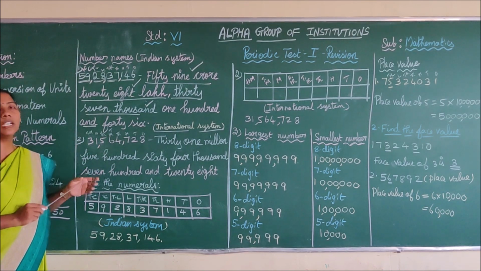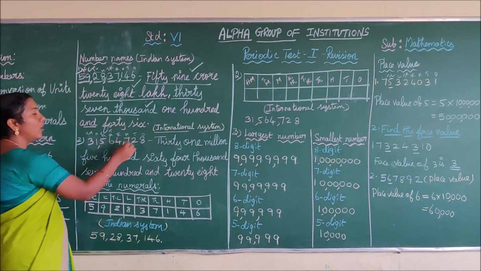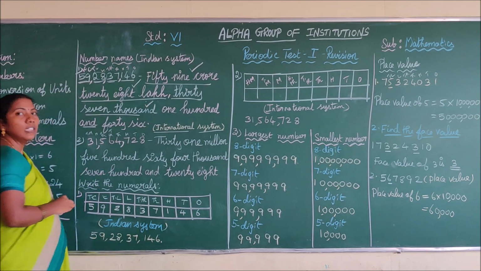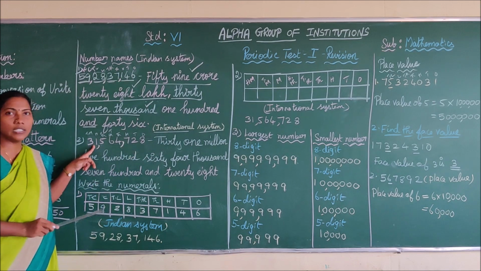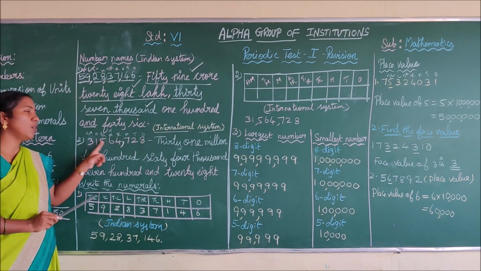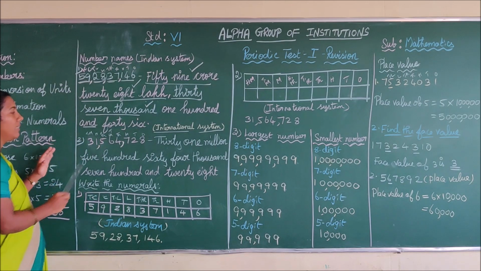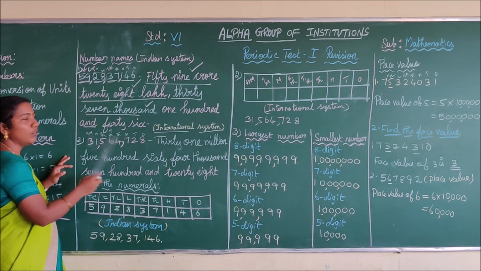Then how do you use the comma? For every 3 digits you have to place the comma. See here, 1 2 3 comma, 1 2 3 comma. This is the way you have to place commas using the international system. The first step is to place the comma. Next you have to write the number name for this. Further, you have to use a pencil to write the number name. It makes it easy to write the name.